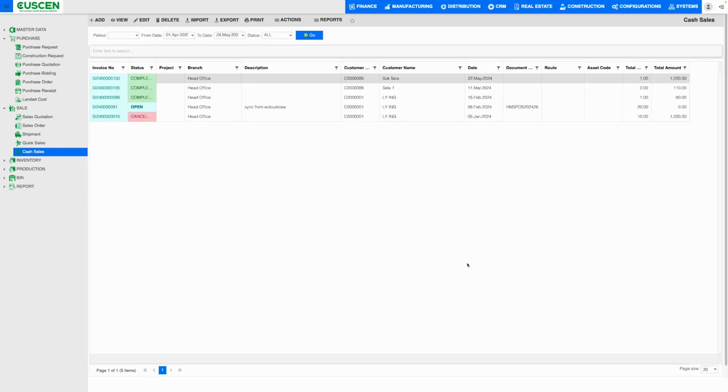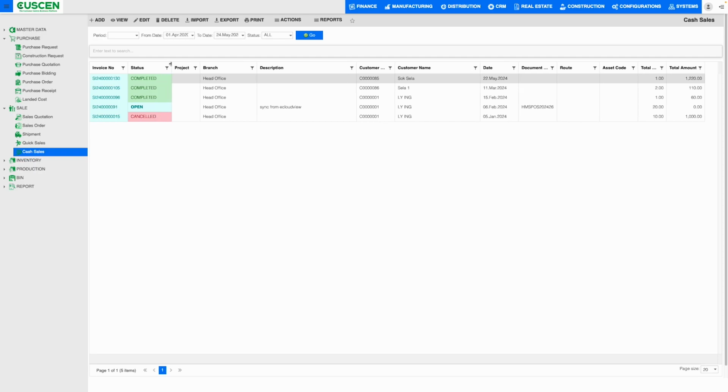This dashboard provides a comprehensive view of your cash sales, ensuring you're always on top of your business transactions. This section lists all cash sales with vital details like invoice number, status, where you can see completed, open, or cancel,